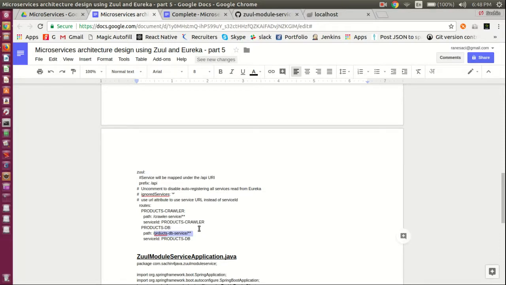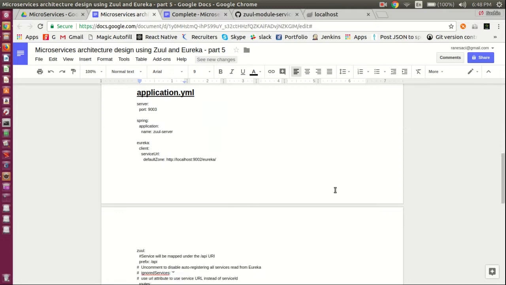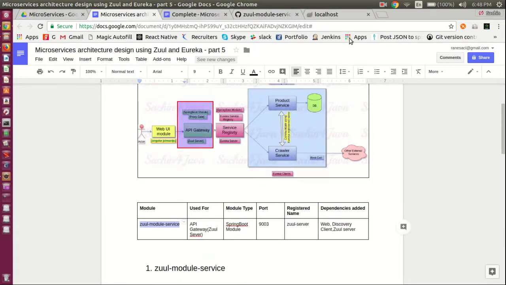So let's create the Zuul module. We will start this Zuul module on port 9003. It is also a Spring Boot module, and for dependencies it will have web, discovery client and Zuul server. Let me copy this name. Let's create the Zuul server which will act as the API gateway, and then we will see the integration part. Go to